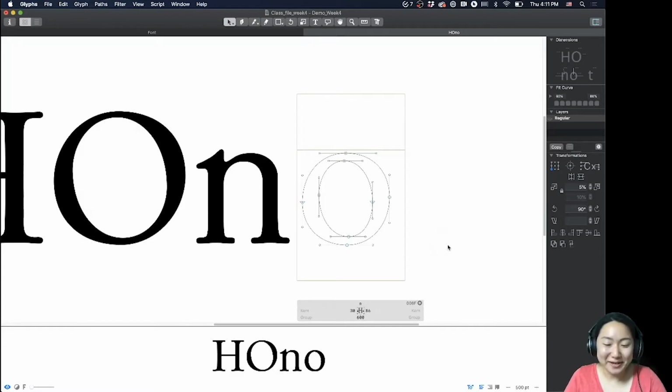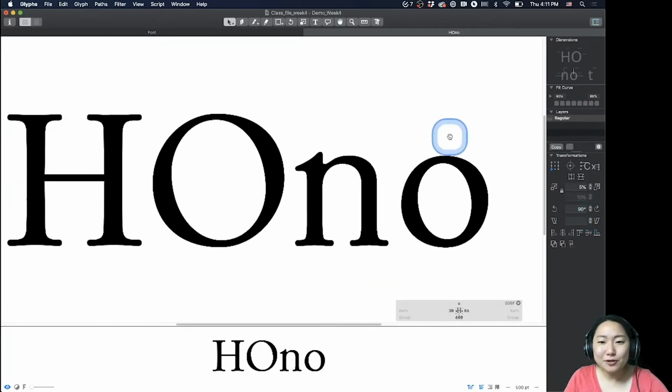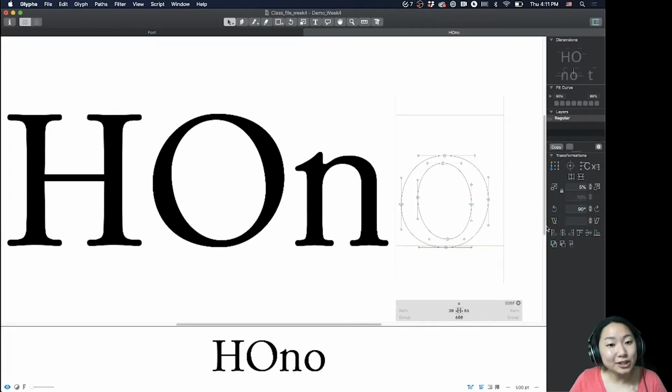Let's talk about font metrics, because the chances are you probably want to change these font metrics to better serve the proportions of your own typeface. By default, Glyphs has a value for the X height and the cap height and all these things, so the information is in there, but you probably want to change them. After you have at least the capital H, capital O, lowercase n, and lowercase o, take a look at the measurements of your fonts and then let's try to adjust these.